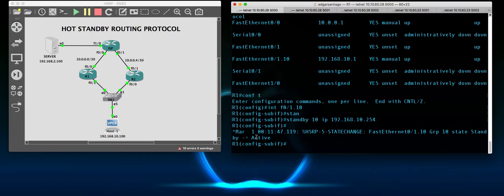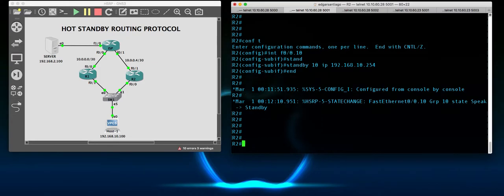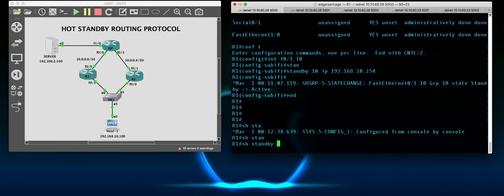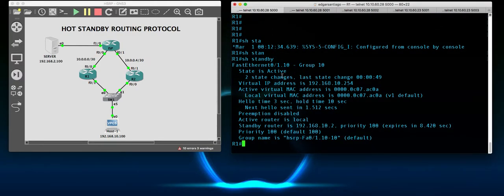And how does the election start? Well, HSRP by default has 100 as the priority. If we have a tie, and right now we do because the routers are in the default configuration, then the router with the highest IP address is going to be the active router. So I'm going to check this by using the command show standby. And show standby shows us that this router is the active one,